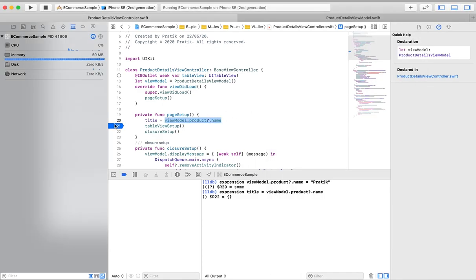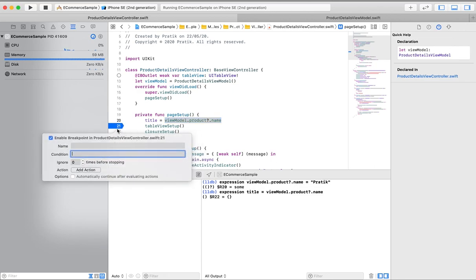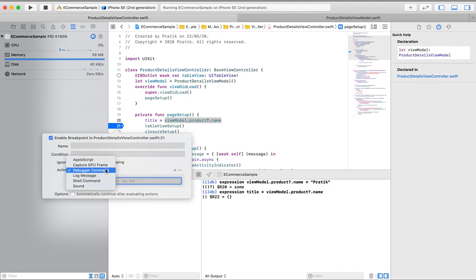Now there is an alternative way to change this. Here you can double click on this breakpoint and set a debugger command, so you can execute any condition, anything over here. So I also need to change it from here.